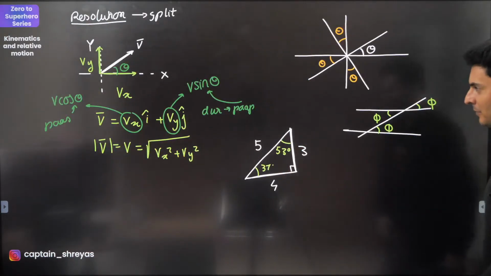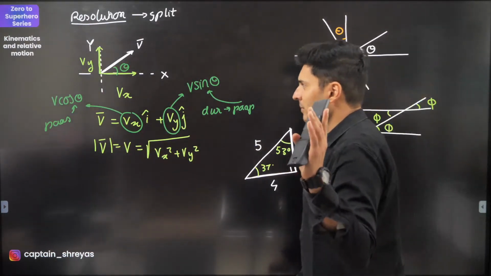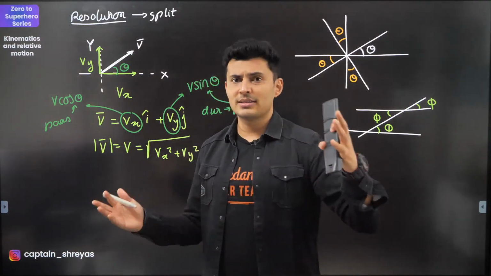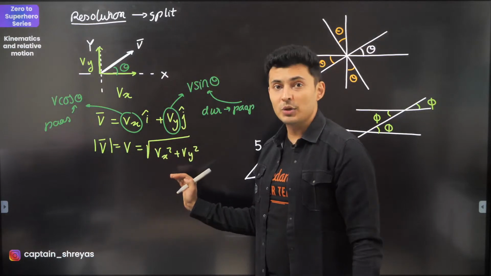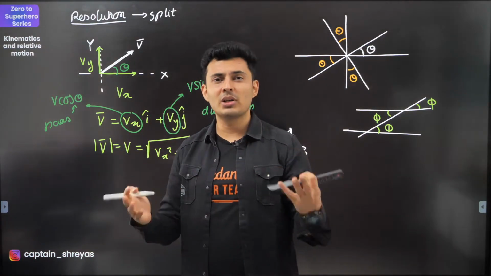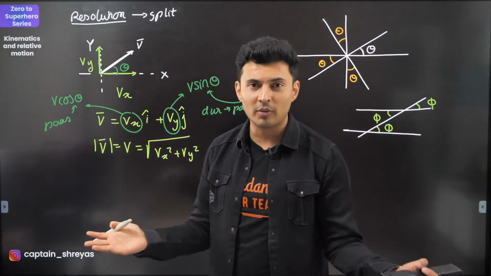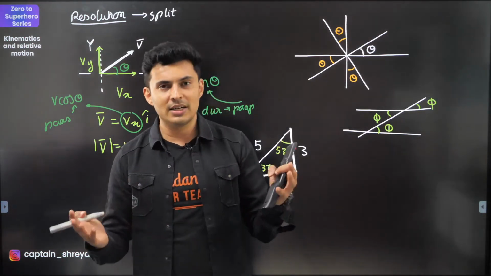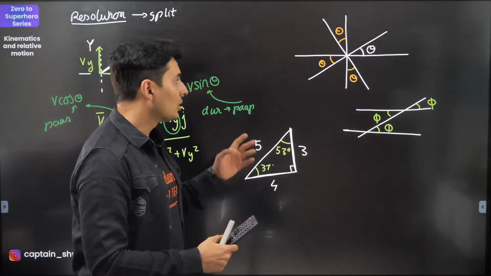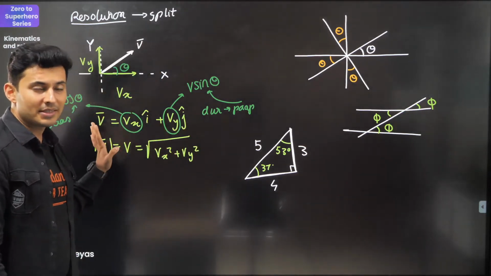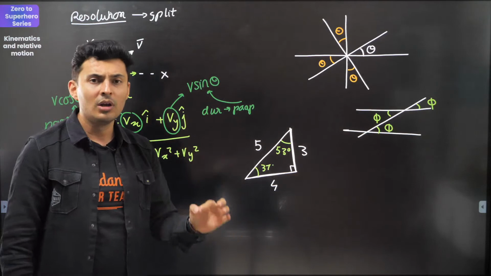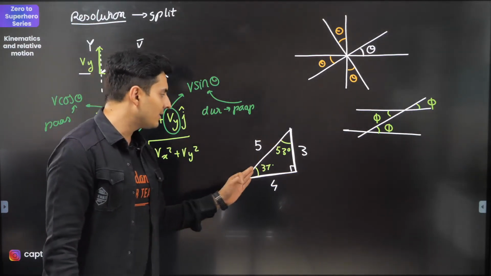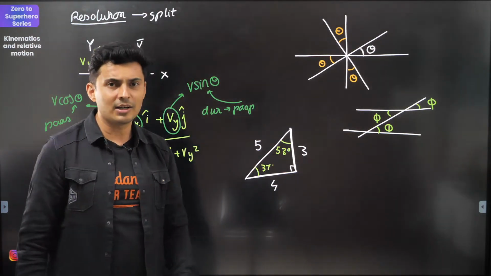Okay, fair enough. Now in resolution, you should know what are components, how to write the vector, how to find the magnitude. Very important, because in projectile motion, obviously it's all about components, cos component, sine component, etc. You should also know the sine, cos, tan of all the standard angles, 30, 60, 45, 90, 0. The special angle, which is 37 and 53, there is a very easy trick to remember that.